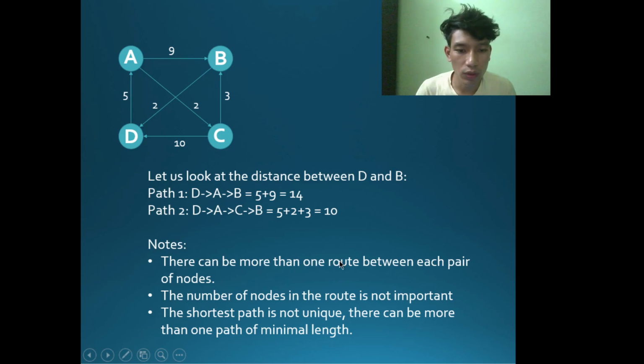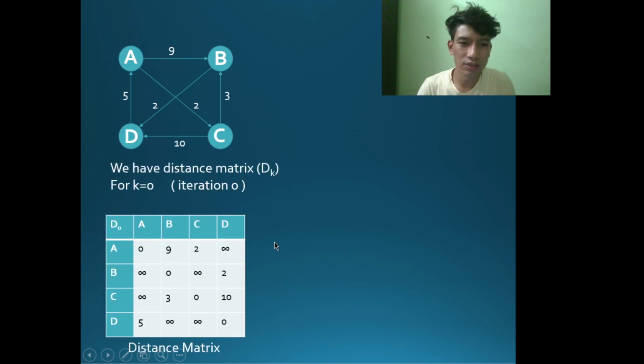There can be more than one route between each pair of nodes. The number of nodes in the route is not important, and the shortest path is not unique. There can be more than one path of minimal length. Firstly, using the given graph, we will find the distance matrix